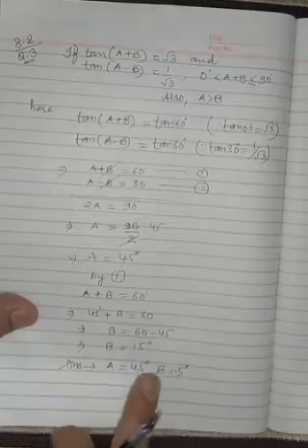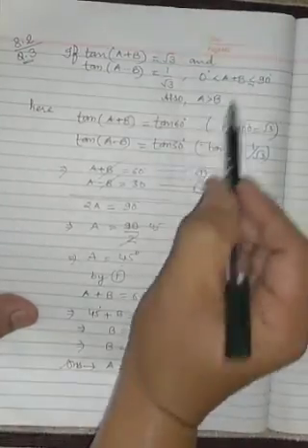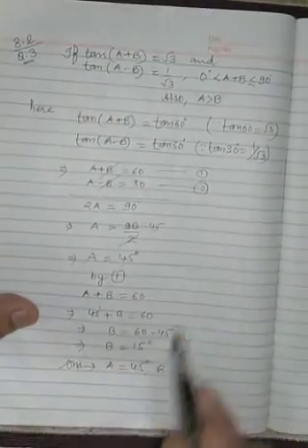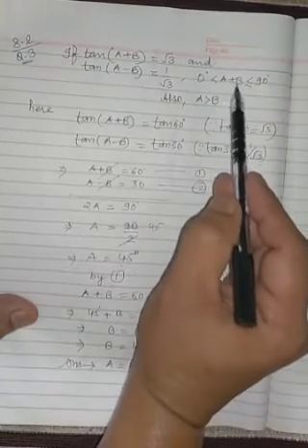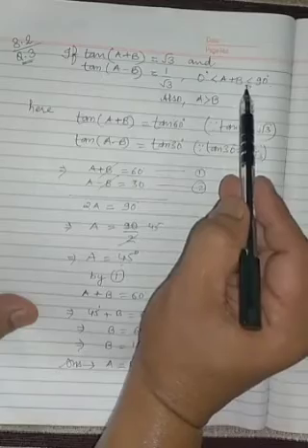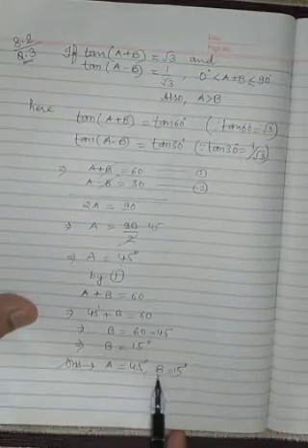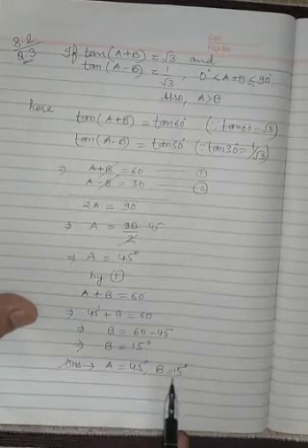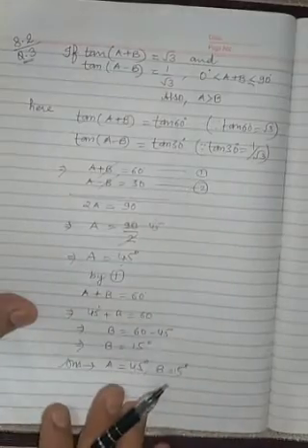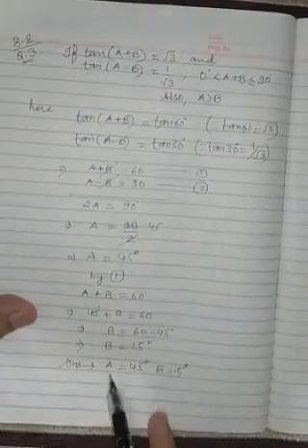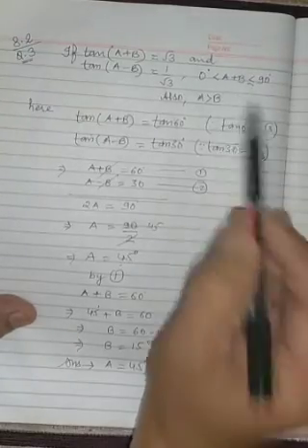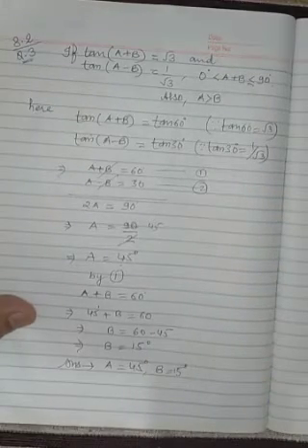Now here you have to make one thing sure. As per the condition we are given, angle A is greater than B, so A is greater than B, and the sum of A plus B is less than or equal to 90. Here the sum of A plus B is 60 degree, which is less than 90. In these questions, children, we have to keep one thing in mind, that these answers should verify the relation which we are given in the question. Okay.